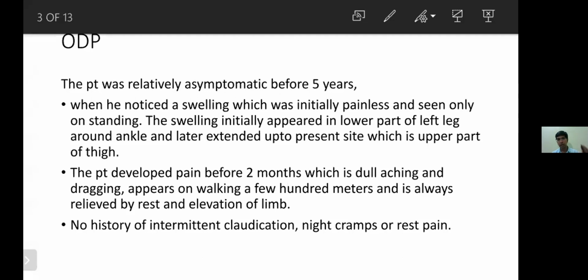So in the negative history, you have to write that there is no history of sharp onset bursting type of pain and no pain of intermittent claudication. Neurogenic is not necessary; just specify to rule out PVD and DVT. Neurogenic pain is not a common pain. But DVT is important, because you will have to write there is no history of severe bursting pain in the calf, since it can be a secondary post-thrombotic limb also for varicose veins. You will always have to rule out PVD because the commoner of the two is PVD, not varicose veins.